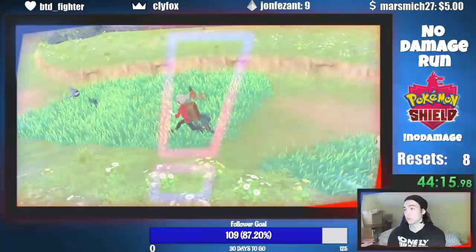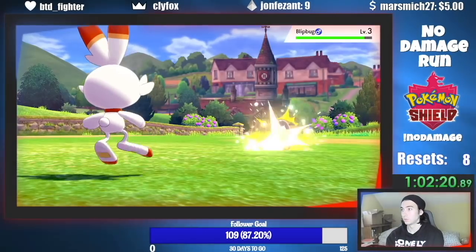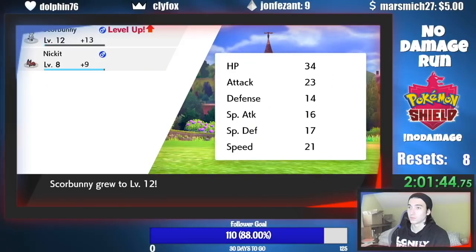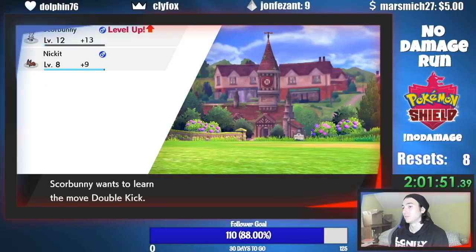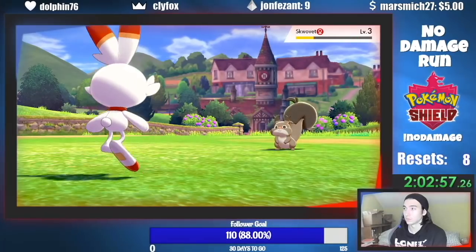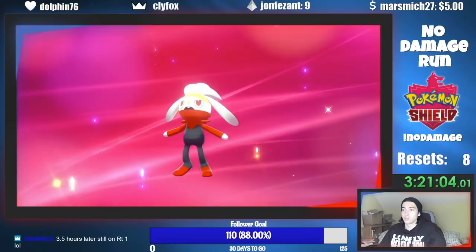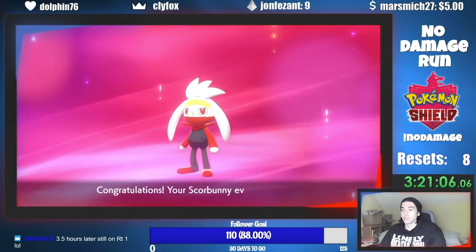Now began the EXP grinding against the bug types on Route 1. After over an hour of this, my Scorbunny reached level 12, and learned the fighting type move Double Kick, which I could use to KO the normal types around me as well. Eventually, I got my Scorbunny to evolve into Raboot, and then reached level 20, meaning I was ready to battle